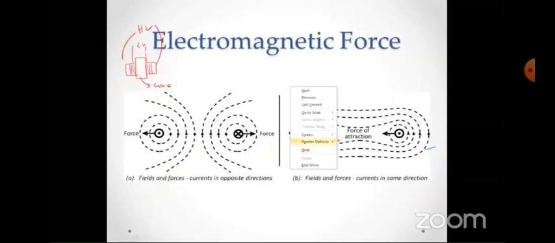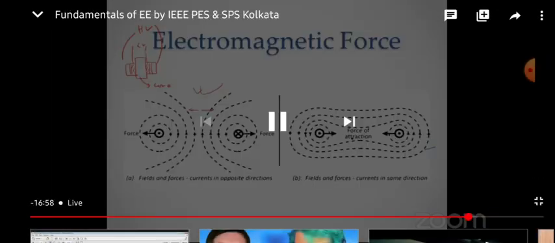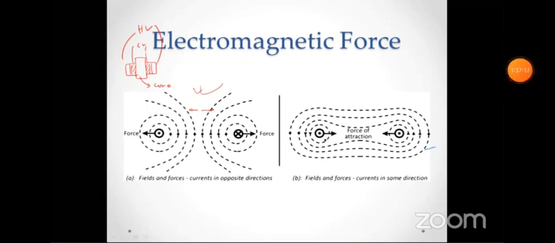Like this case, you will have the opposite direction current in a transformer. In this case, the same direction flux lines always repel each other. So thereby you will get some force like this. But if the currents are in the same direction in parallel conductors, then you will get some force of attraction. In this way also you can get some force.